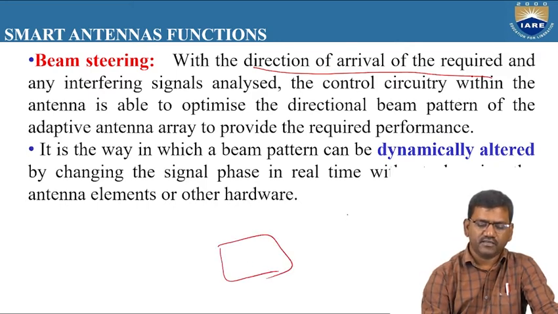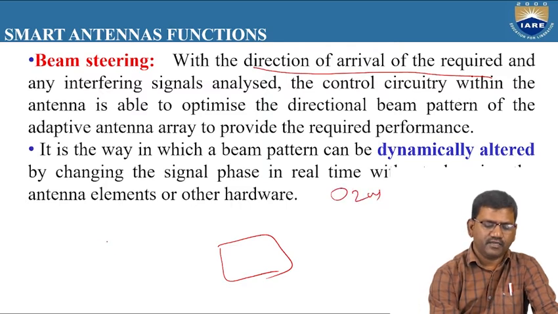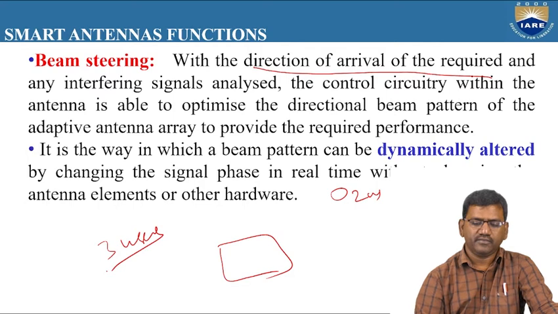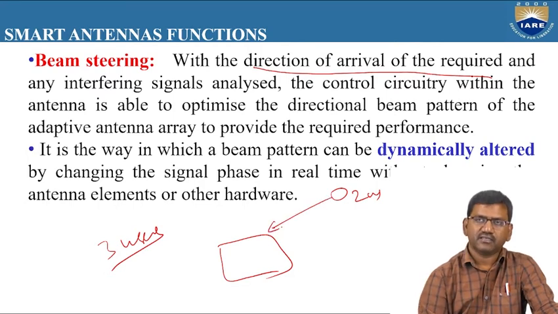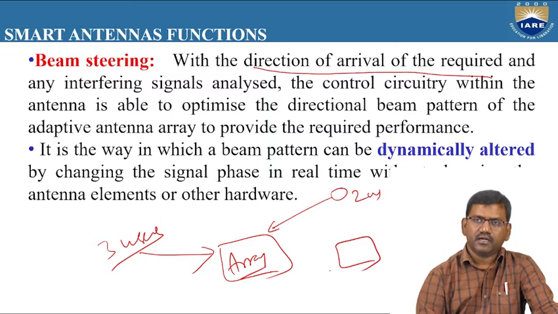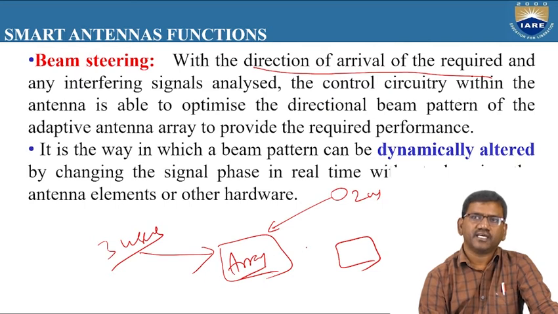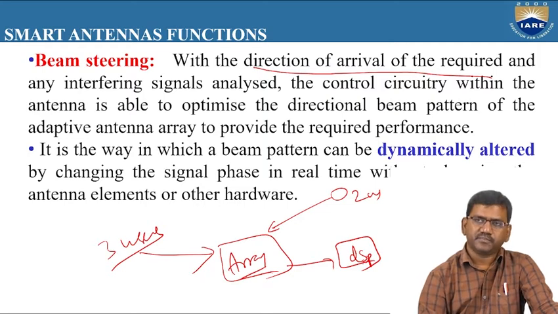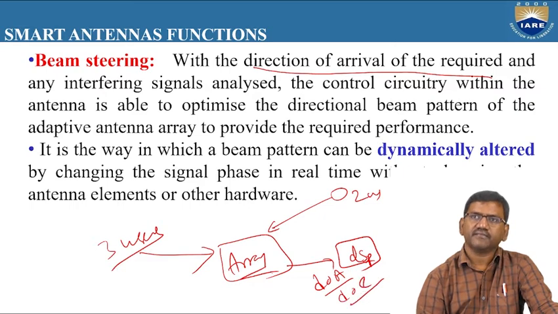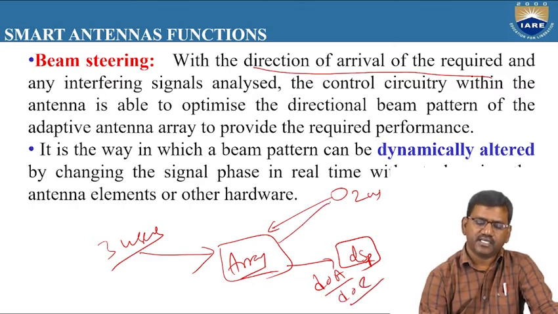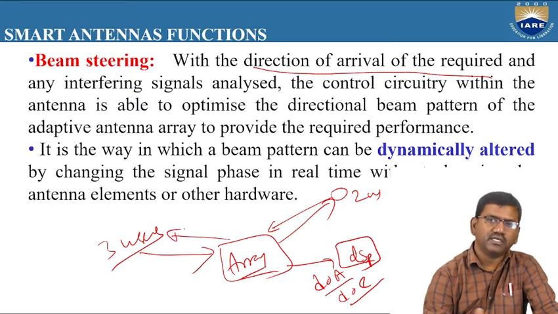So here, if there are two users here, or three users here, take this example. First, these two users send the signal, and also these three users send the signal to this array system, and this information is collected by the array. This information is passed to the DSP. Now this DSP, after calculating the direction of arrival, after calculating the direction of estimation, will establish a connection to the two users and at the same time to the three users.